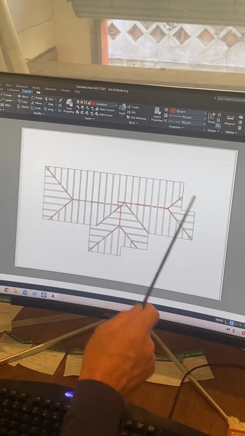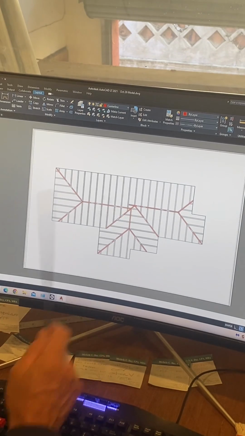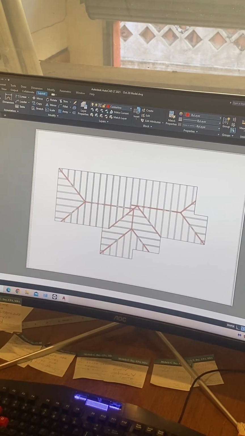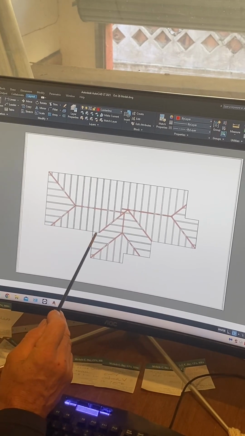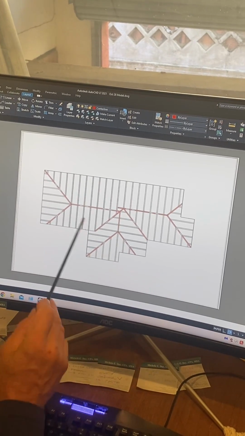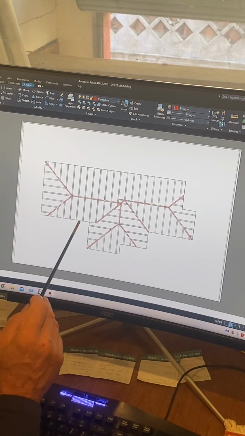This is either the model or similar to the model that we're going to build in the next roof class on October 26th. This is varying plate heights, and you can tell because, first of all, the ridge isn't centered. If you look closely, you'll notice